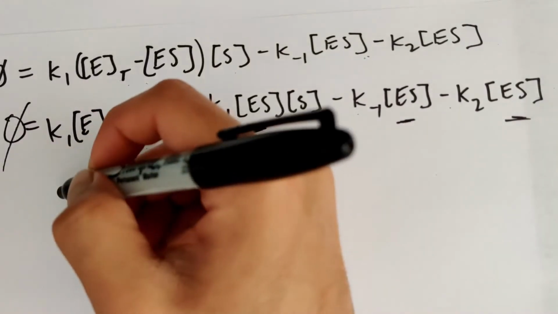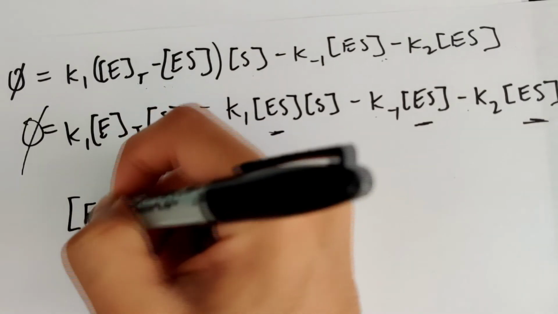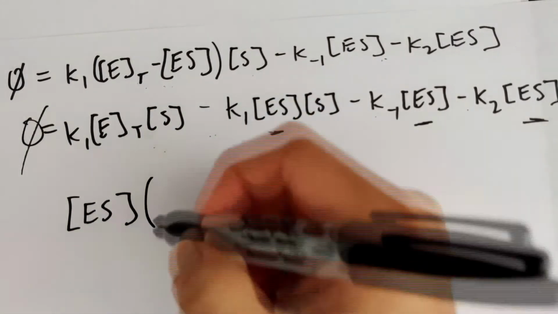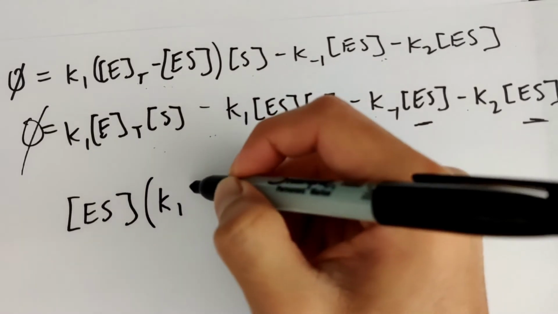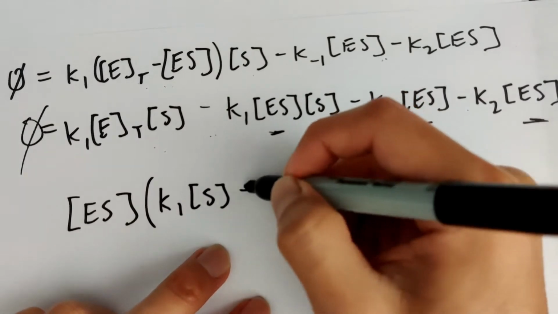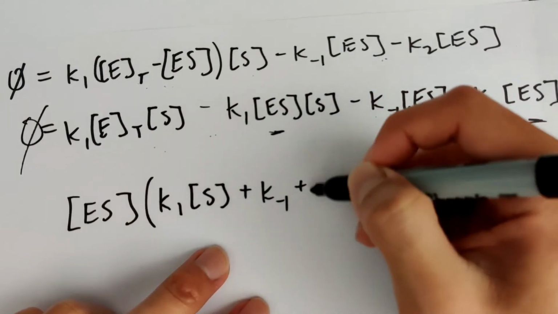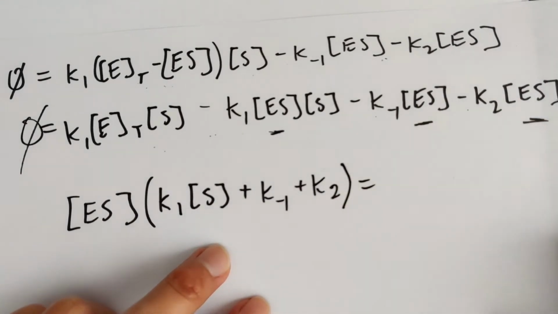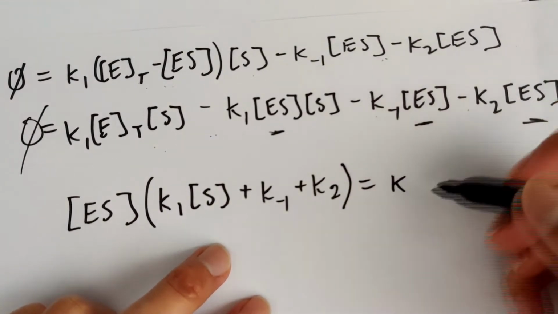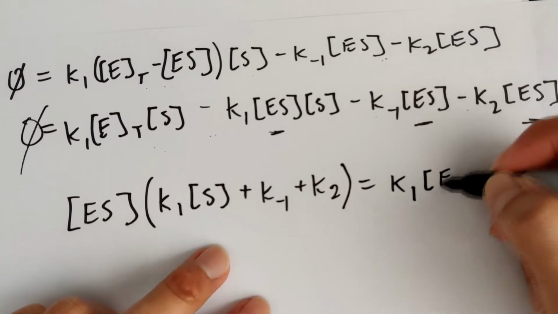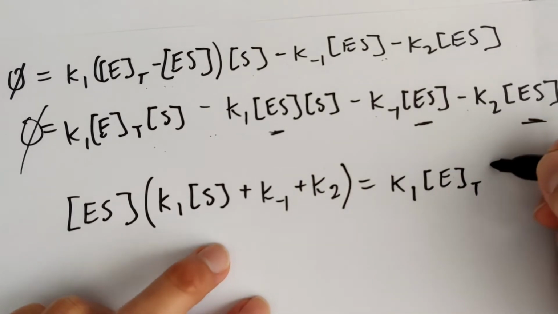Well, it would look like this: ES times K1 times substrate concentration plus K minus 1 plus K2. And that's one side of the equation, which is equal to K1 times total enzyme concentration